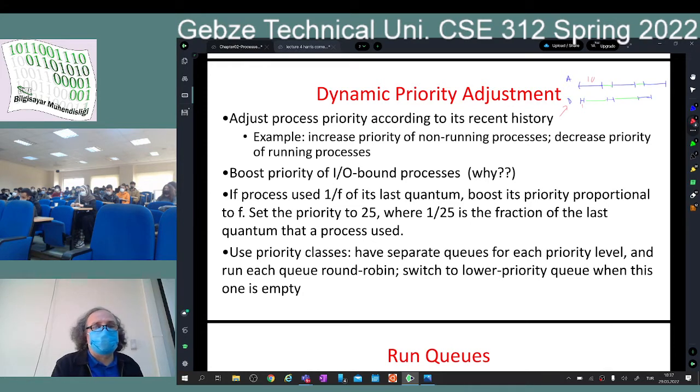So next time when I make a decision, I will put that process before the other processes that use their times more efficiently. Okay, so that's called dynamic priority adjustment, and for the dynamic priority adjustment, we don't care if the process is interactive or not. We just look at how much of their allocated quantum time they are using. If they're not using the whole quantum time, then we are going to give them priority. Sometimes this might sound a little bit counterintuitive. I mean, I gave you the CPU, you didn't use it, it's your fault. No, it's not their fault. You cannot expect a word processor to use the CPU for the whole quantum time, because it is their nature.